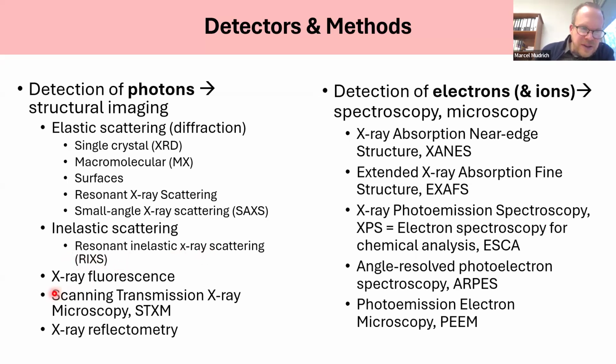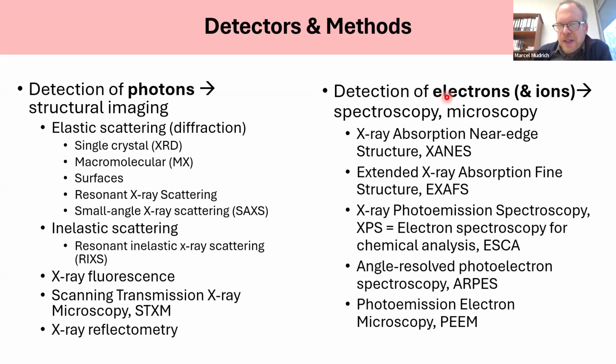But of course, we can also detect photons that are emitted by fluorescence. We can detect photons that are transmitted through the sample, and do this even with some spatial resolution. Then it would be microscopy. Or we can just detect the amount of X-rays reflected from a surface. So this would be X-ray reflectometry. This is, I think, quite a complete list of different techniques that use